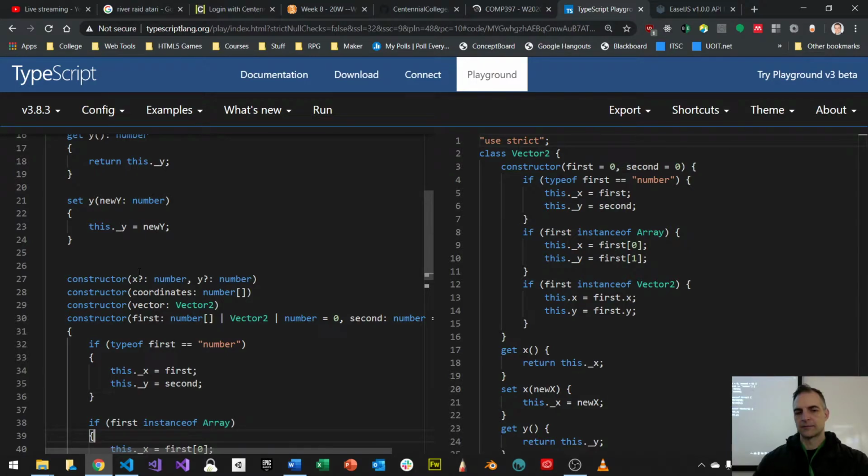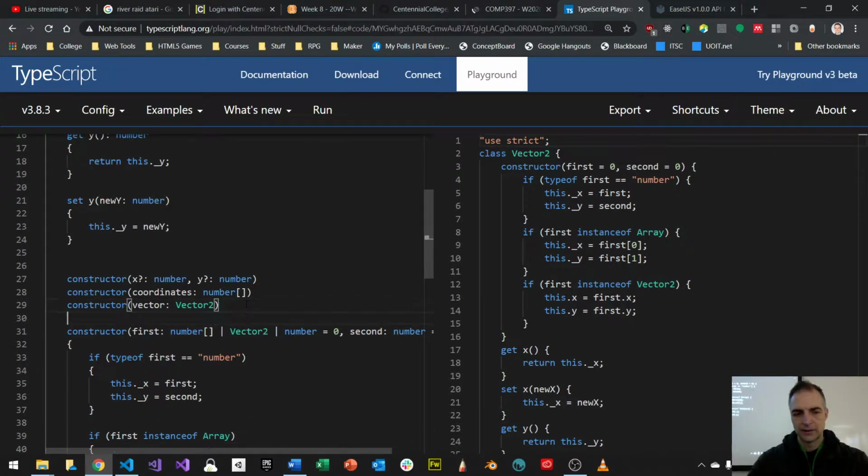Well, how do I skip a parameter? How can I tell it it's y but not x? There's no way to do it, right? But I can produce another constructor that takes an object, right? So I could say, okay, I want a constructor, and in my object, let's call it params,